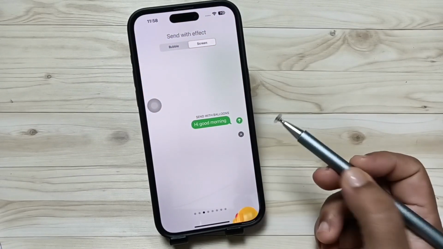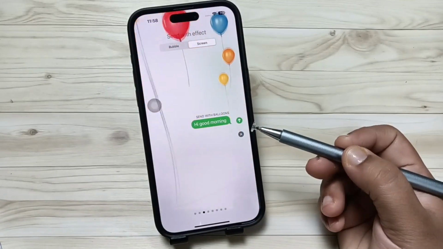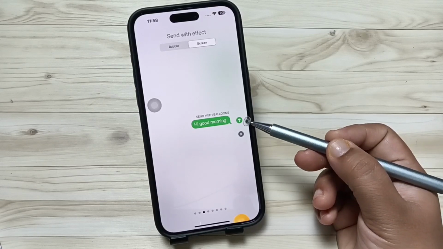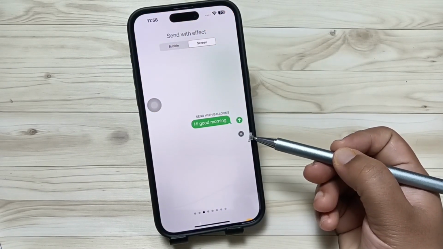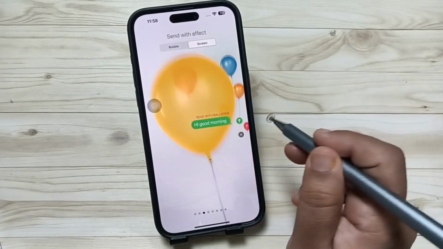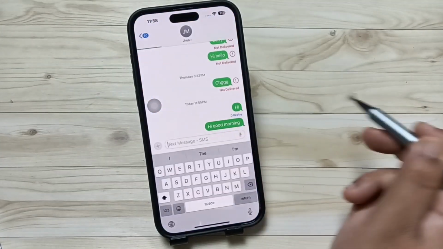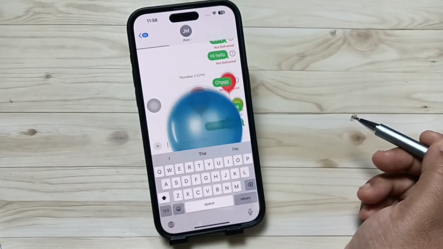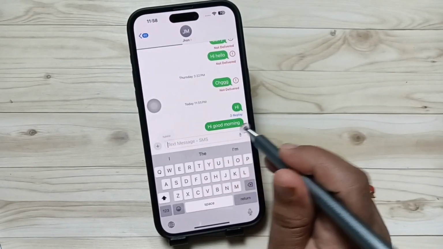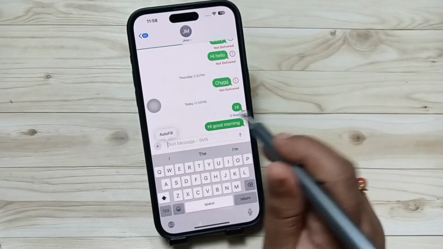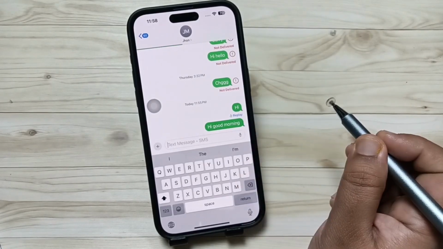After selecting this one, if you want to apply this effect, then tap on the up arrow. If you want to cancel this effect, then tap on the undo button. So here I am going to tap on this up arrow to apply this one. Now you can see, right? So simply in this way you can send a message with bubble or any